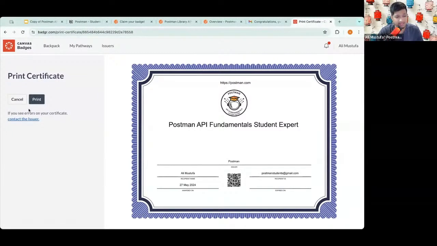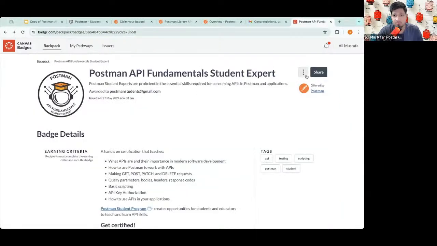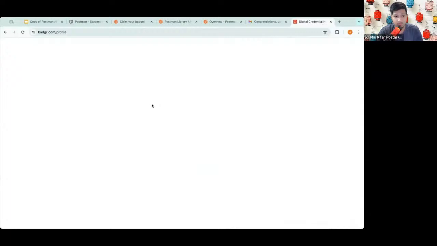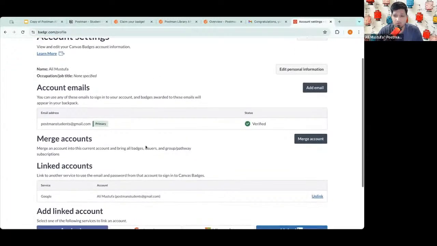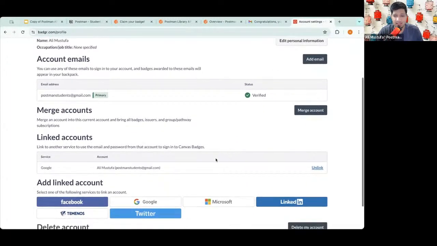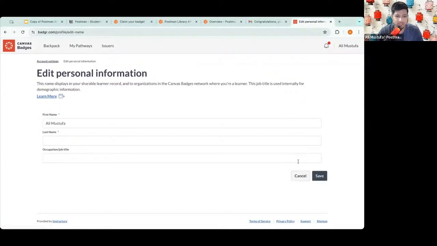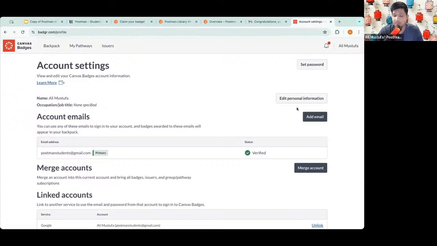So if I want to hide that, I can actually do that. So you can basically go to your account and hide your email address if you're concerned about your privacy, obviously. So you can go here and you can basically edit the info and do that. You can basically hide it and you can change your name if you want to, to appear in a certain way. So you can change that here as well.